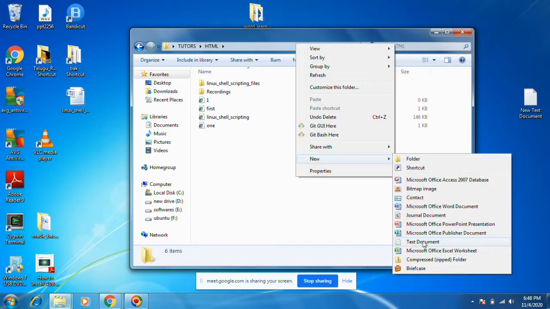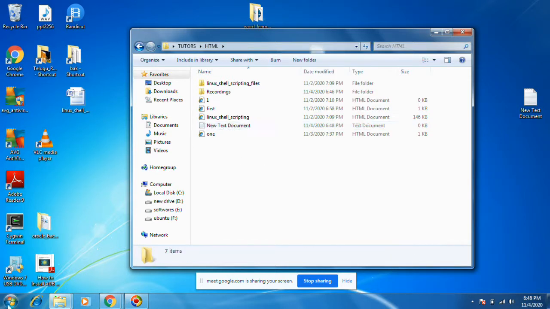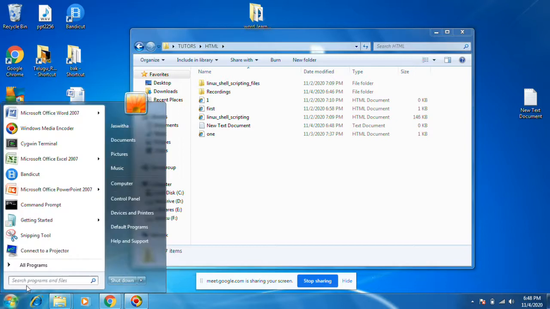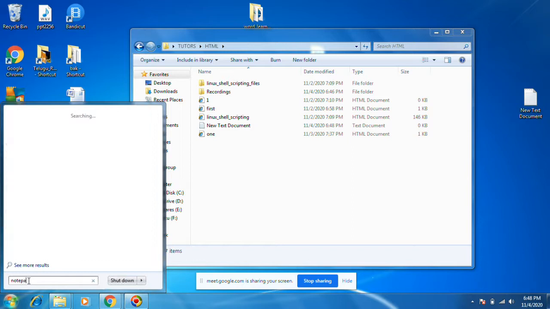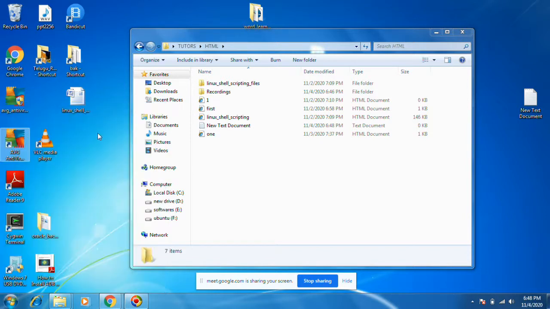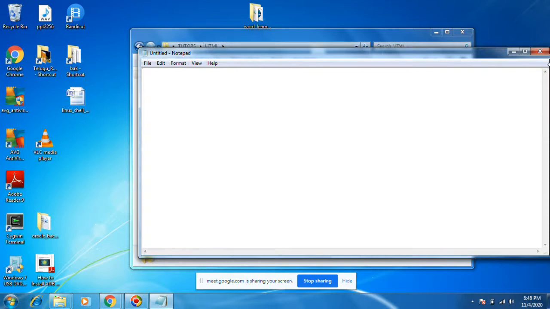This is called Notepad. This is one way. Or you can go to search and search for Notepad. This one is a third party; you can install Notepad plus plus also. This is another way.